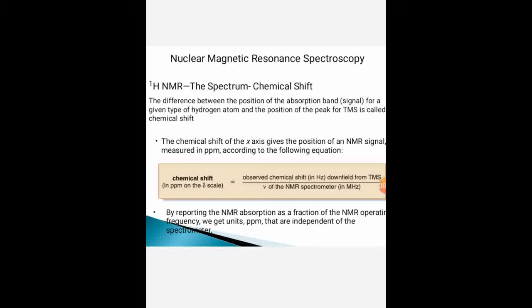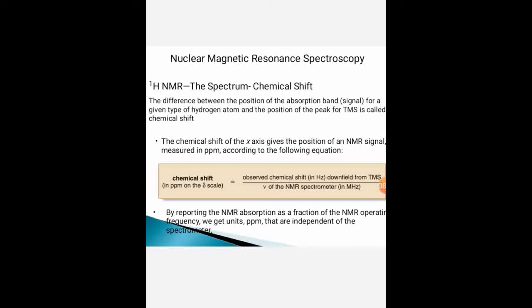It is the position of, means the peak of our sample compounds on the NMR scale with respect to the tetramethylsilane. This particular region is called the chemical shift, or this value is called the chemical shift value. These values differ with the nature of protons, whether those protons are aromatic, aliphatic, or attached to the sp3 hybridized carbon atoms. It differs with the nature of that proton.